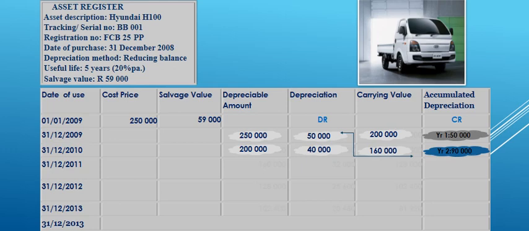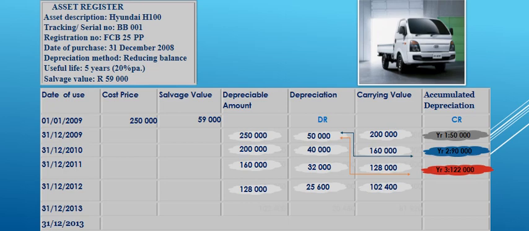At the end of the third year, the depreciable amount will be calculated as 160,000, which is the carrying value of the previous year. 20% giving us the depreciation of 32,000, deducting it from 160,000 to arrive at the carrying value of 128,000, with a total accumulated depreciation of 122,000. In year 4, after 12 months of use, the depreciable amount will be calculated as 128,000,